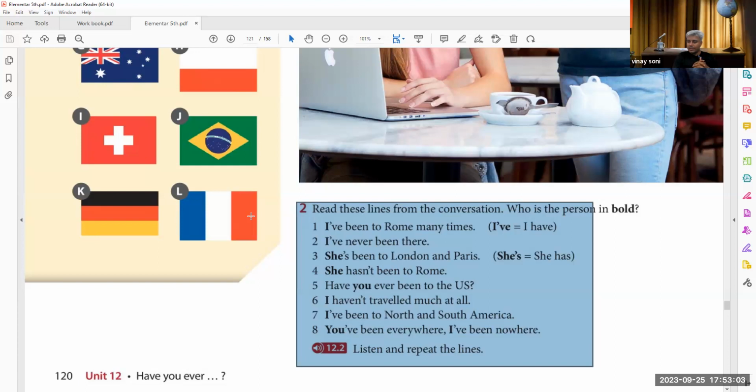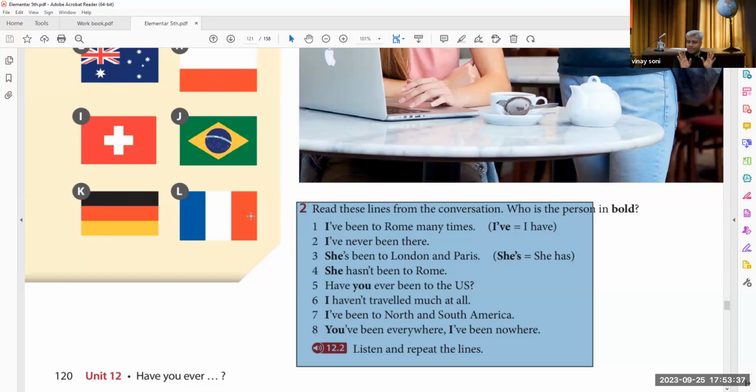Okay, what do you think about sentence number 6? Do you think 6 is different from the rest? No, it is not different. Why is it not different? The structure is still the same. You have the subject, you have, and then you have the verb 3. Notice, traveled is the third form of the verb. So whatever the verb, you have to use the third form. I have traveled, I have not traveled, I have been. Been is the third form of the be verb.